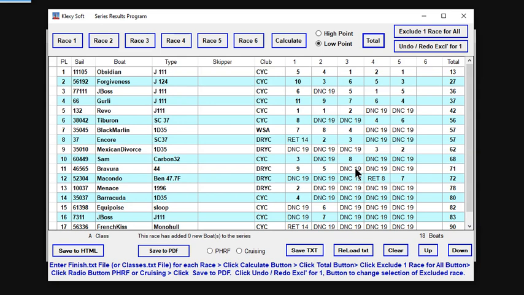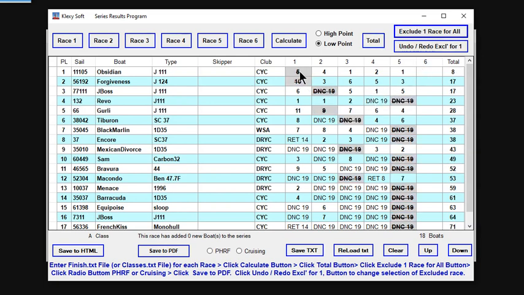And of course, naturally, you want to throw out your worst performance, or one where you didn't show up. So if we click on this exclude one race for all boats, that means each boat gets its worst performance thrown out. We click on that,